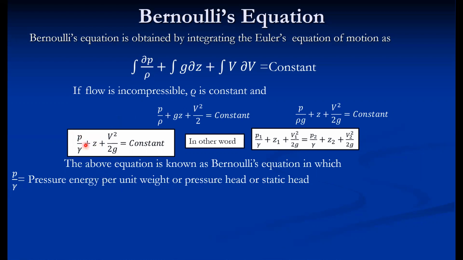But if we calculate the units of this parameter, it becomes meter. It becomes meter only when we divide by Newton, that is the weight of the fluid element. So its unit is Newton meter divided by Newton, that is meter. That is why this term is called pressure energy per unit weight. All the quantities are per unit weight. This particular expression is in the form of per unit volume, so if we divide both sides by g, then it is per unit weight as well.